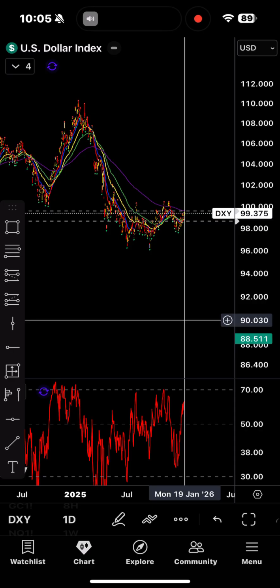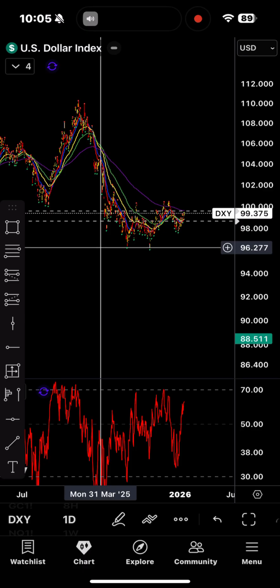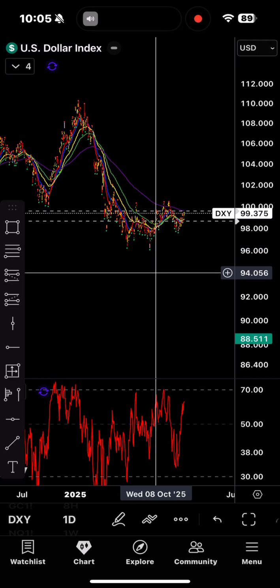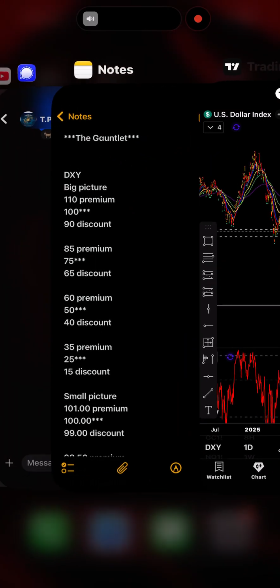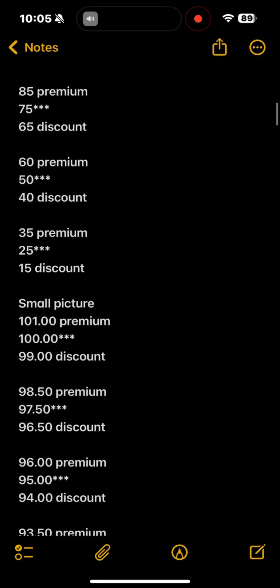It can go a little bit below, a little bit above, that's fine. That's what gets everybody in trouble. They don't have the basic scale of 100. They don't know that 100 is really the point of interest. If you were going to buy it, we're not going to buy it, but if you were, you want to buy it at a discounted rate: 96.50, 94, 91.50, and 90 down there. If you're going to sell it, you need it at 108.50, 110, 111, up there. That's where you're supposed to sell.